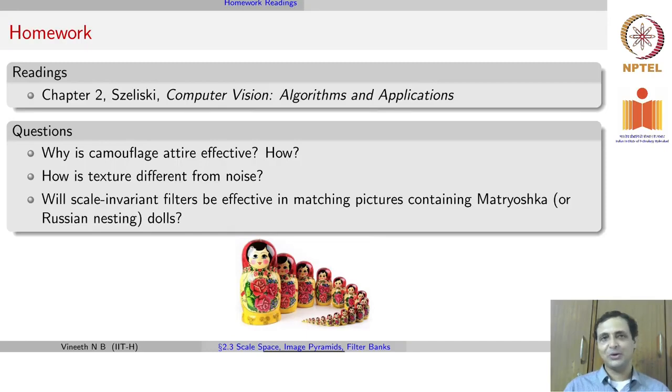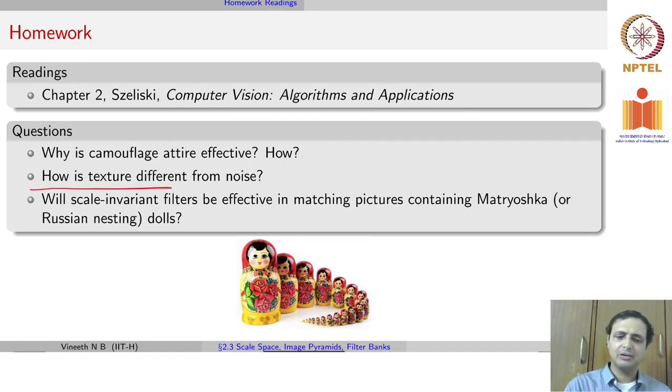Some interesting questions for you to take away now, which we may not really answer, but it's something for you to think about, from the discussions we've had in this lecture: why is a camouflaged attire effective? Think about it. Obviously, it connects to our lecture, so think carefully on what we discussed and how you can extend it to understanding how a camouflaged attire works.